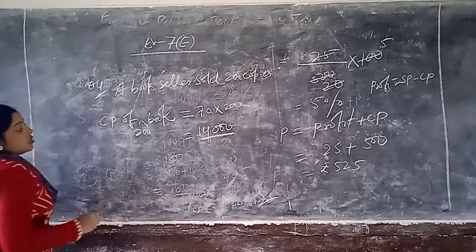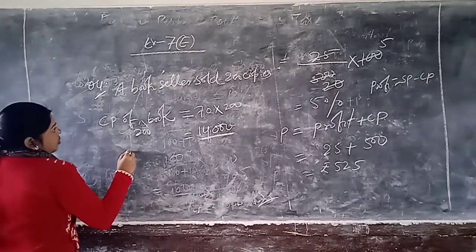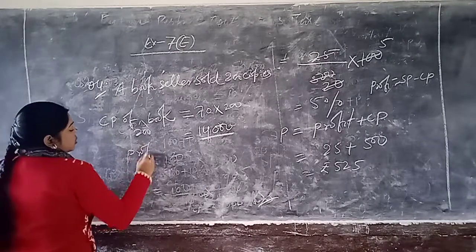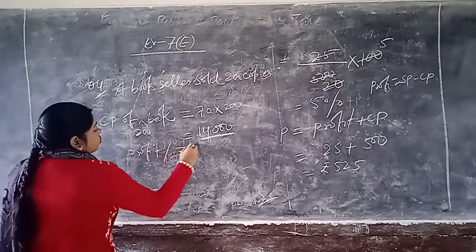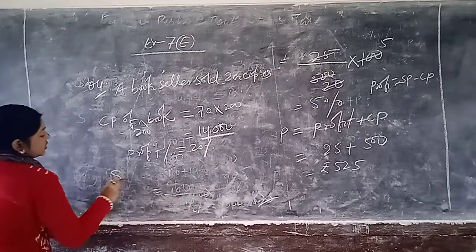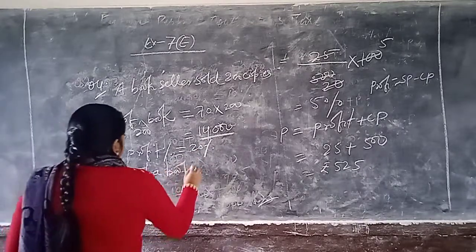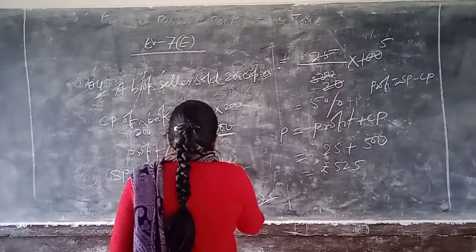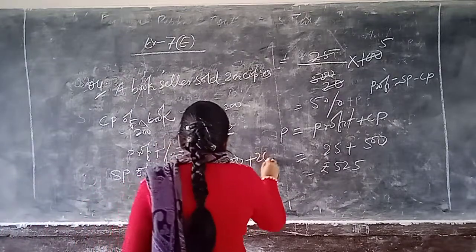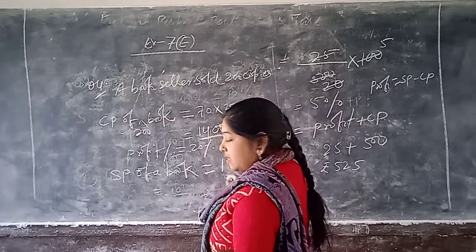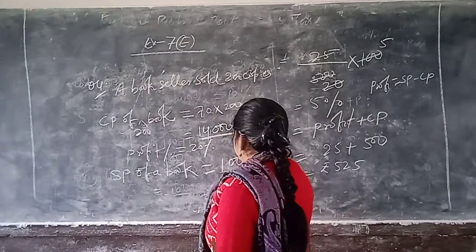Yes. So the profit percent is given, 20%. Now find the selling price. So the selling price of a book is equal to 100 plus 20, profit percent, by 100. You know that the